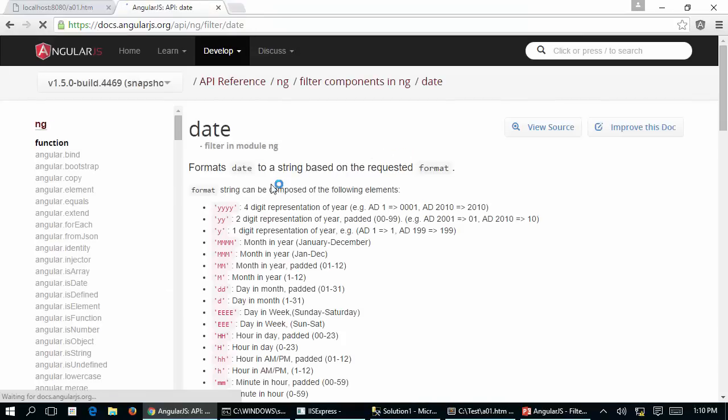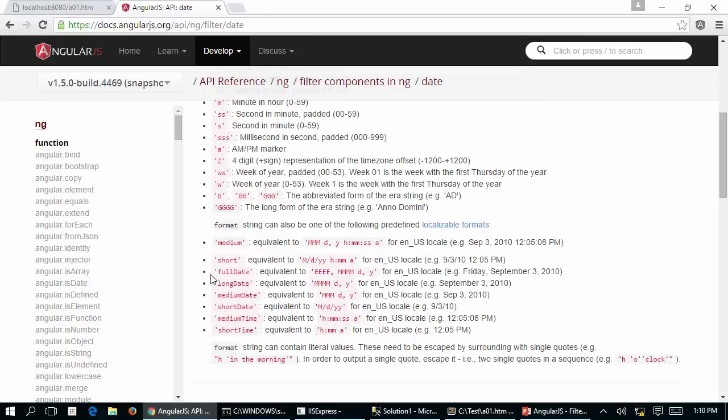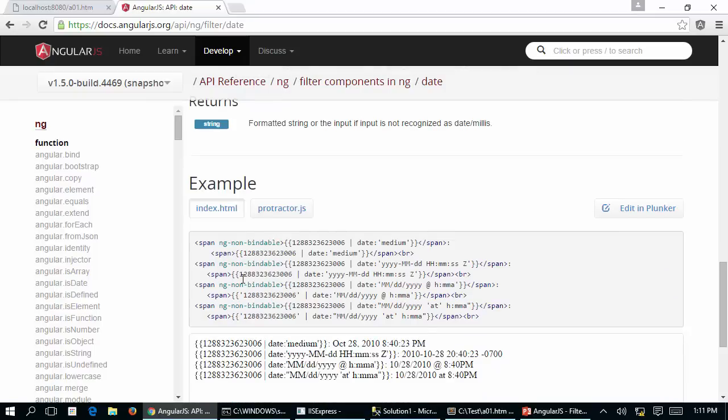I go in here, and now you can see all these formats available, and there are really a ton. In our case, for example, I would like to use medium time or medium date, whatever you would like to have. So let us consider I would like to use medium date. How would I use medium date as part of my particular date? First of all, you can see you have all the explanations and also the examples here. All you have to do is provide some value, and date is the filter,